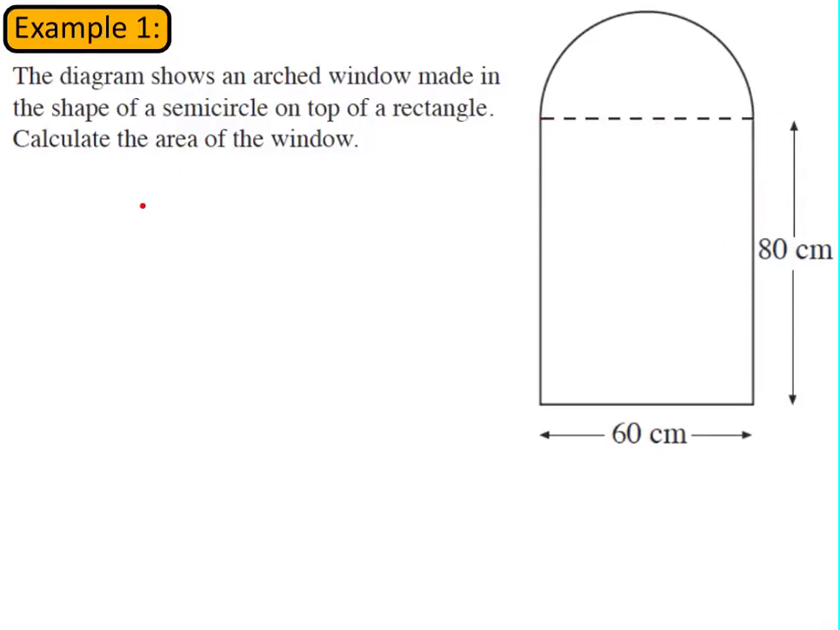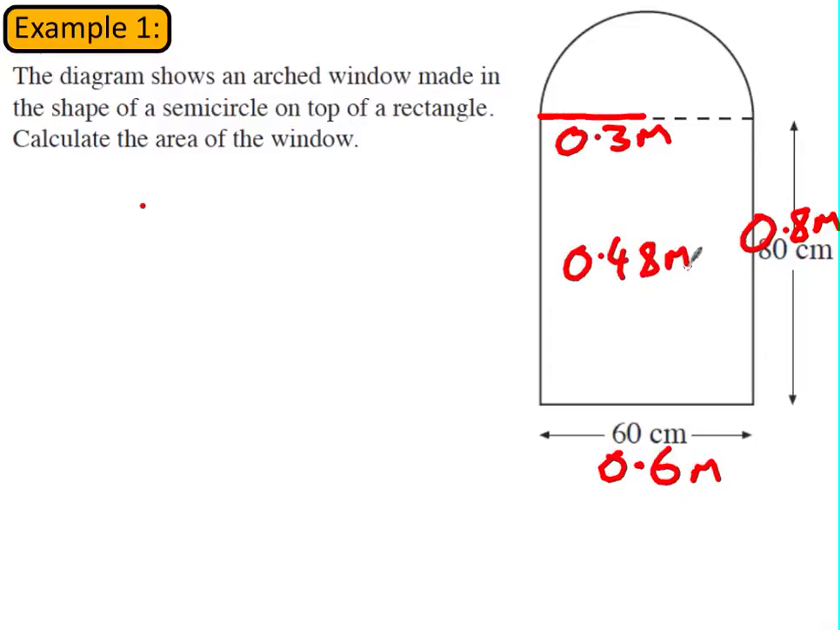So if we were in metres, the best way of doing this is to convert everything to metres first. So rather than 60 centimetres, we would have 0.6 metres, and we'd have 0.8 metres here, and that radius would be 0.3 metres. So if we work this out again in metres, we might have a more reasonable answer. So the area of the rectangle, 0.8 times 0.6, is